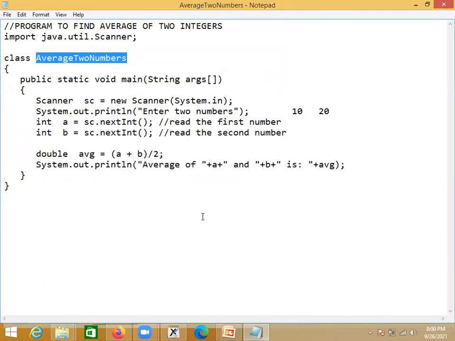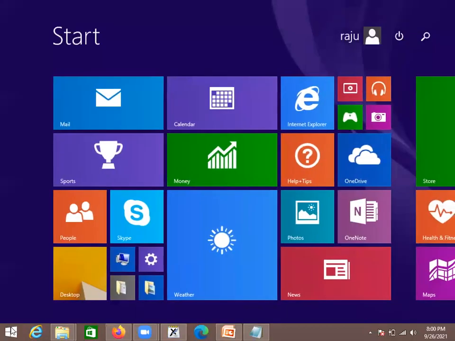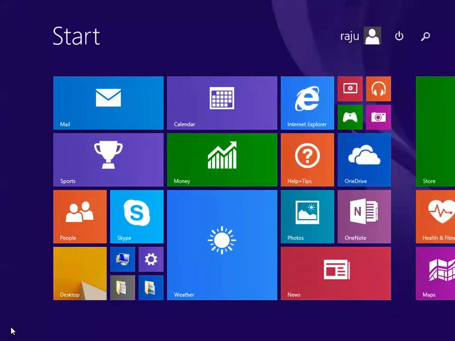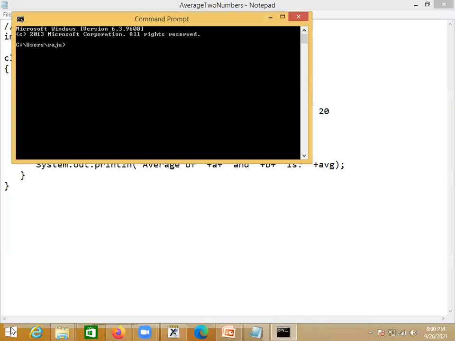So what to do next? We need to compile the program. For this, we need to open the command prompt. In the start menu, you type cmd and press enter, then it opens your command prompt. Where is your program?